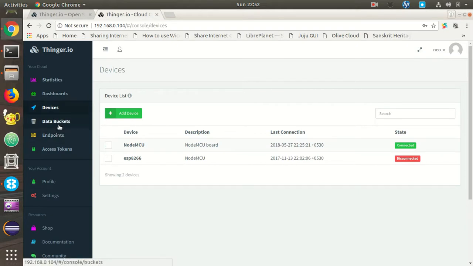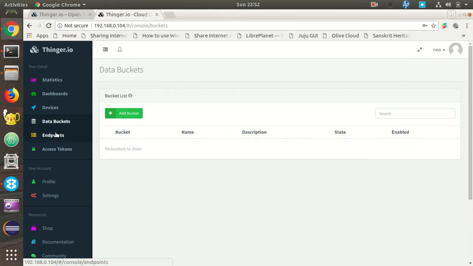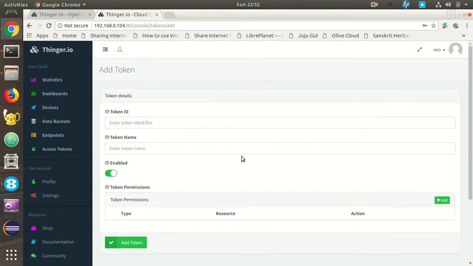Why is it not showing? Alright, I already have created some tokens, but I'm not able to see them. Probably that is not this instance. Anyway,